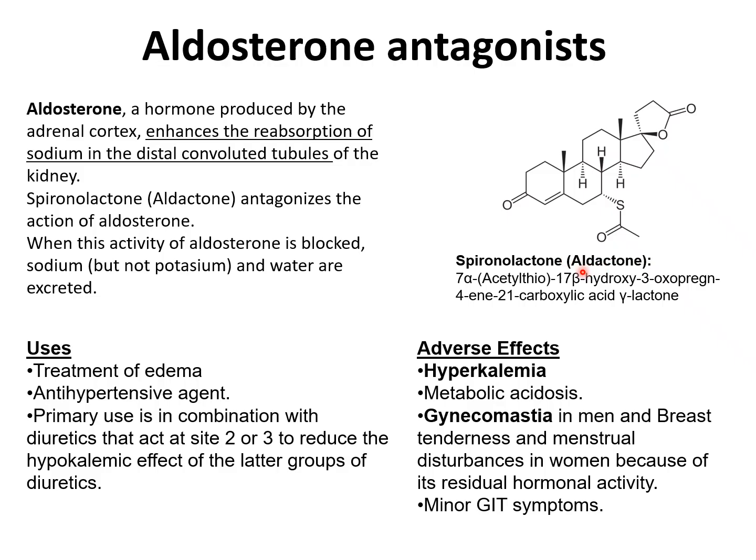And spironolactone has a similar structure to aldosterone, except that it has an extra ring over here, and there is an ester, as we see in the structure. So this is a hormone-like structure, a steroid-like structure, in the spironolactone. You don't have to memorize the structure, but I want you to know two things. One is that this is a steroid-like structure, right? So a steroid-like compound. And the second one is that the thioester is really important, because we're going to talk about that in a little bit.